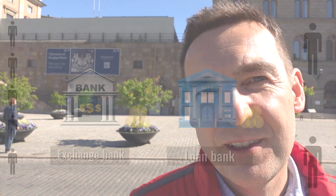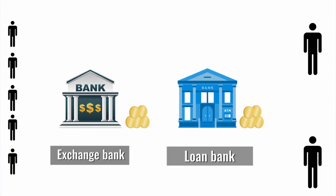Europe. What he decided to do was to use the deposits from the first bank for the loans of the second bank. So it meant the second bank started to give out loans on the money it didn't possess. So that way, partial reserve banking was actually invented, because note that the money was now